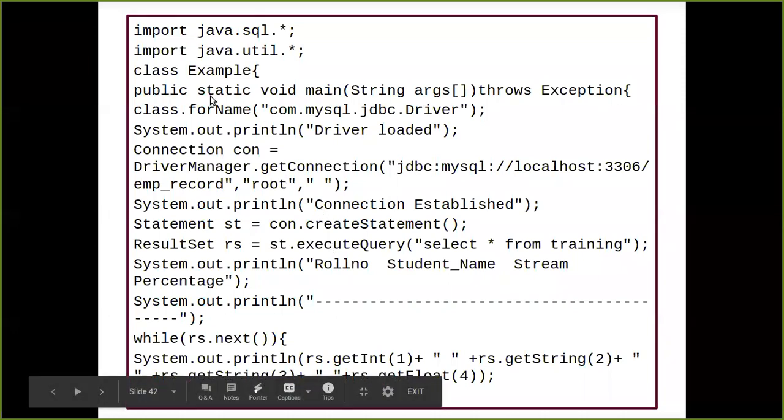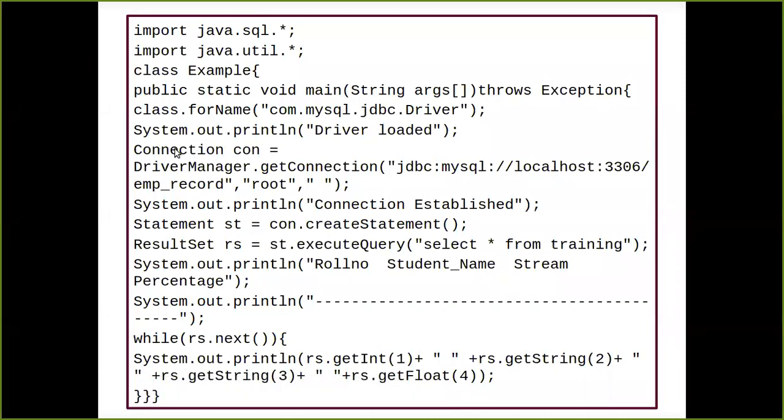Fine. Now your connection class knows properly what it has to do. It has to go to the driver manager to understand which JDBC driver has been registered for this program. After getting that information, it will use the getConnection method, which carries the information that it is going to use MySQL as the database, localhost as the host name, this port number, and this database name, that is emp underscore record.